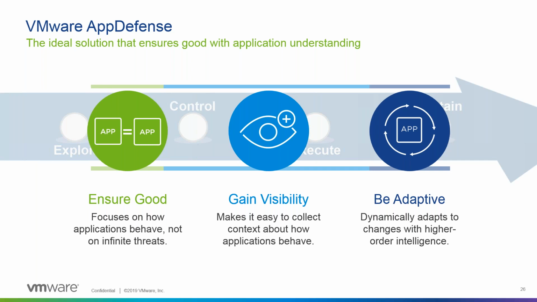Secondly, AppDefense makes it really simple by giving you deep visibility into how your application should be running. The unique position we have as that abstraction layer between applications and infrastructure is the ideal place to gain this visibility and to insert security controls. And finally, it's critical that your security solution, in this case AppDefense, can adapt security policy and security controls intelligently as your applications change over time.